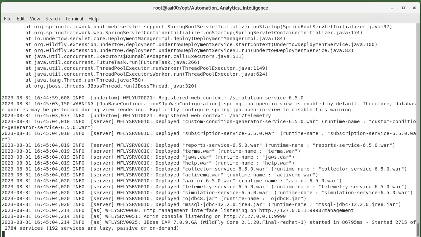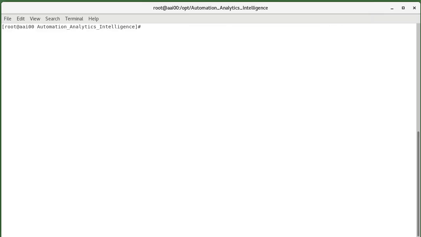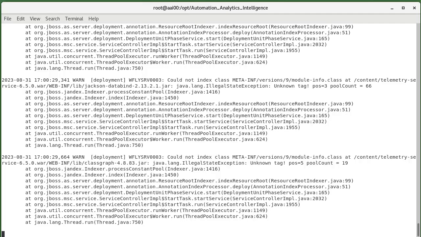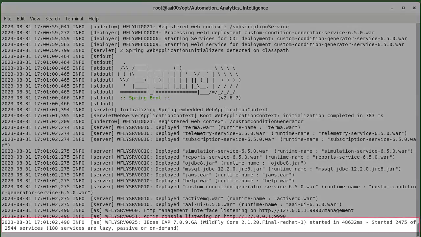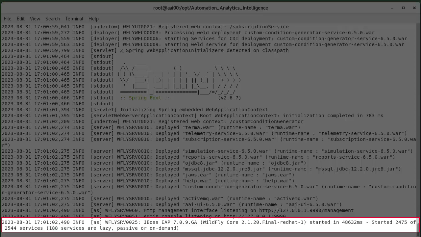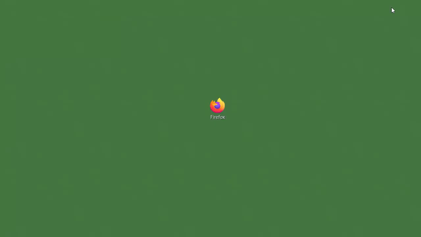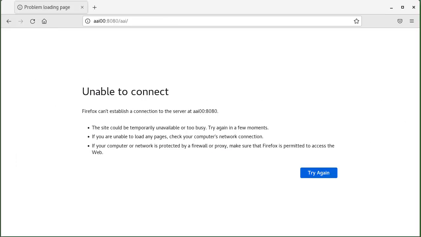Let's restart AAI. In our case, we'll Control-C out of the JBoss server to stop it. AAI is started. Let's try and log into the web UI. The home page is set to AAI. Obviously, it doesn't work. Let's try it with HTTPS. Remember that the port is now